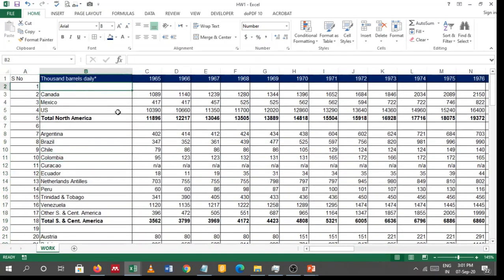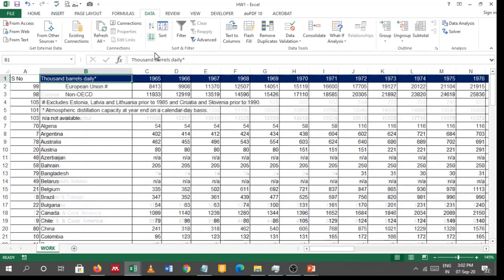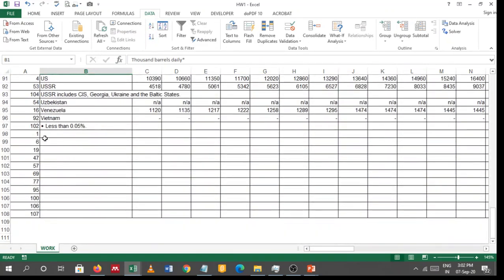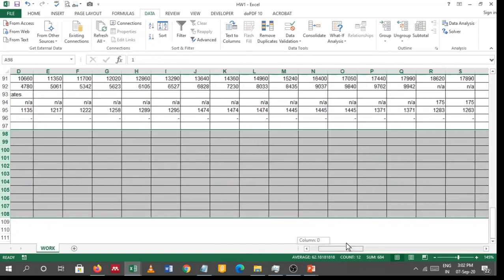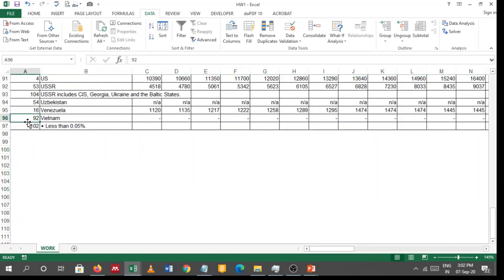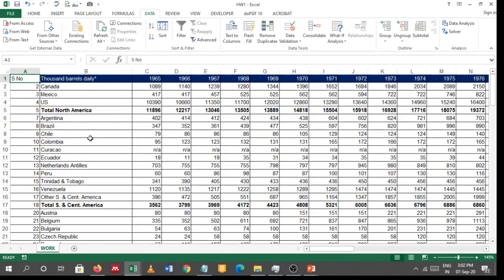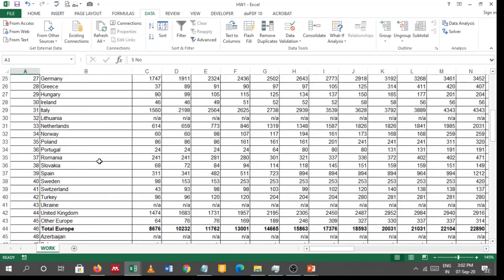Now the next task is basically to arrange column B so that all these blank cells will be taken out from here. We are going to use Data, Sort A to Z, and what happens now is that all these blank cells, where no data is available, can be deleted. In this way we can reduce them, and then again come to column A. If I again use sorting and filtering, the data is retained in the original shape except there are no blank cells, so that's why we are using that.